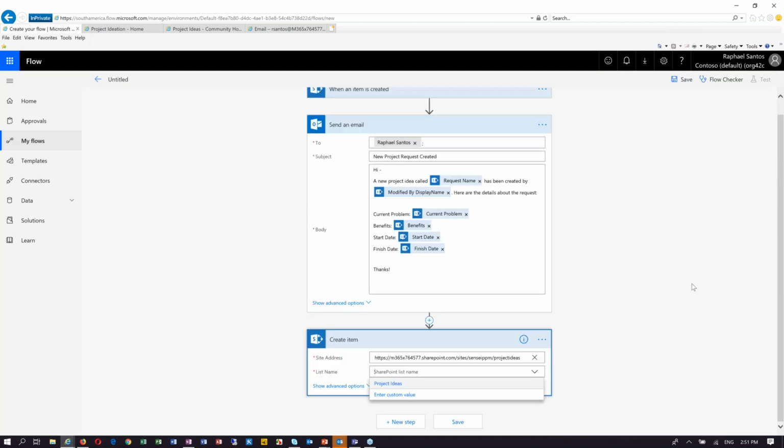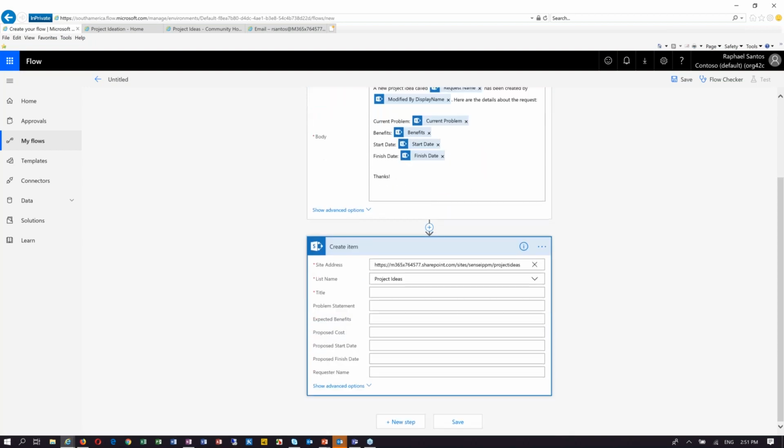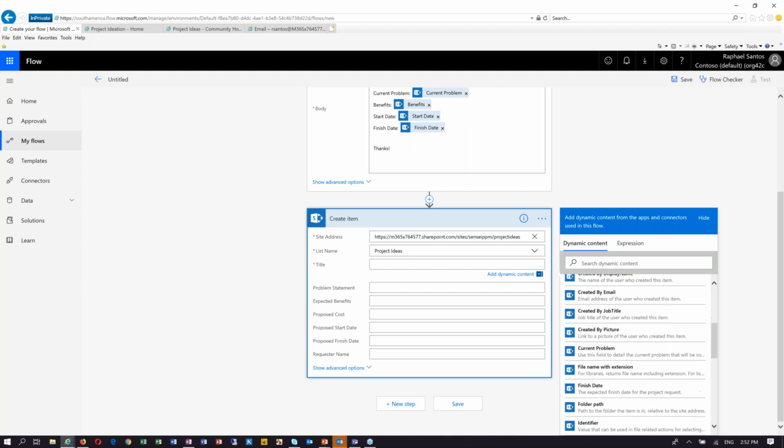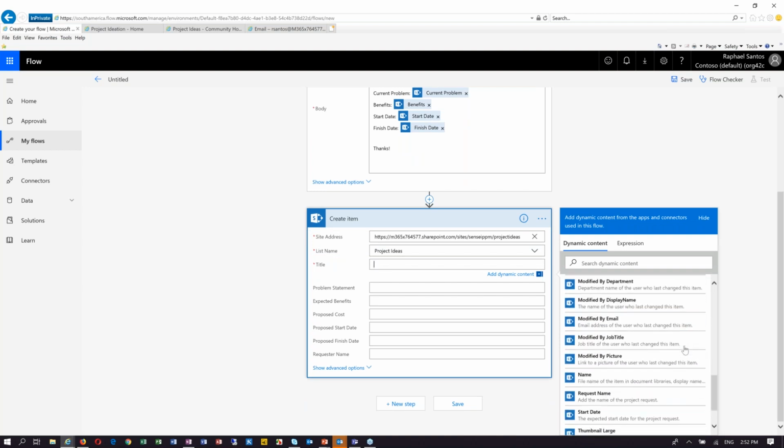Okay, so from the project idea side, I have another list in there called project ideas. So I am now connected to the project ideas. And the beauty of this is once I am connected to the appropriate list, Flow is basically going to recognize all the available fields in my project ideas list, in this new site that I have created. And then I can just click here in the title and say, title is going to be coming from my previous list,